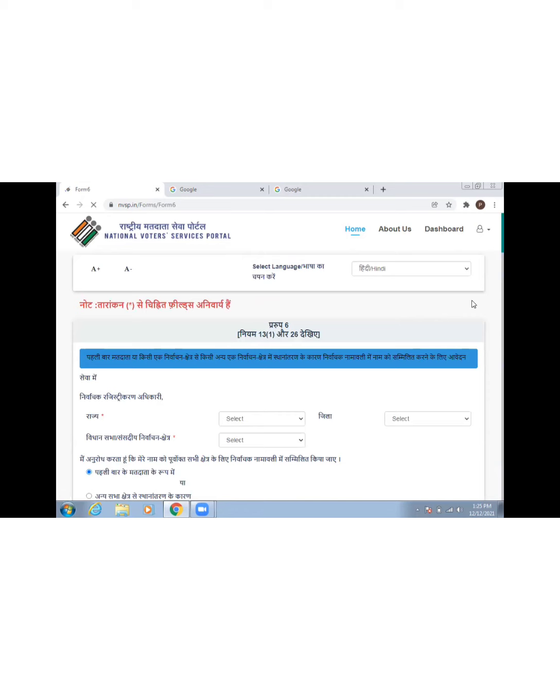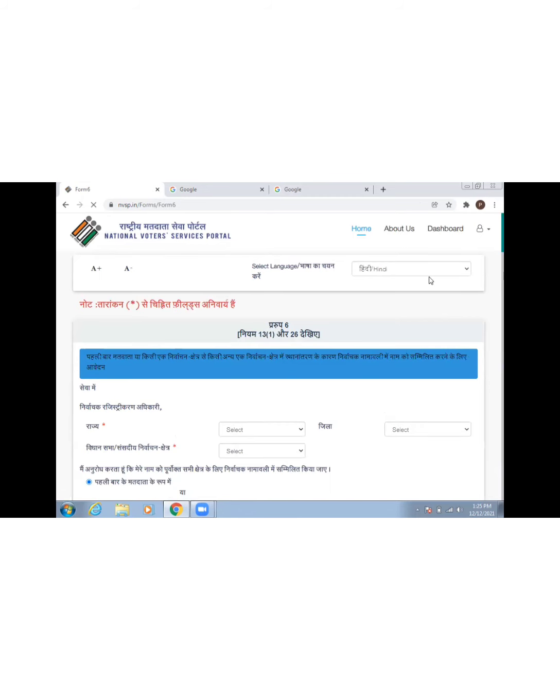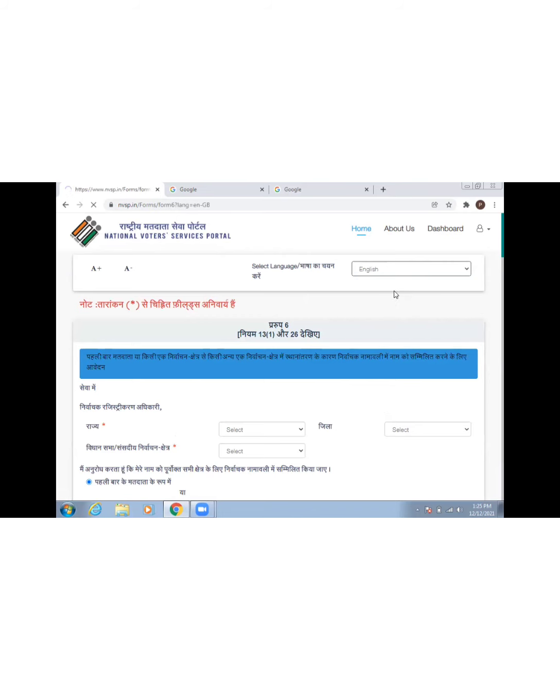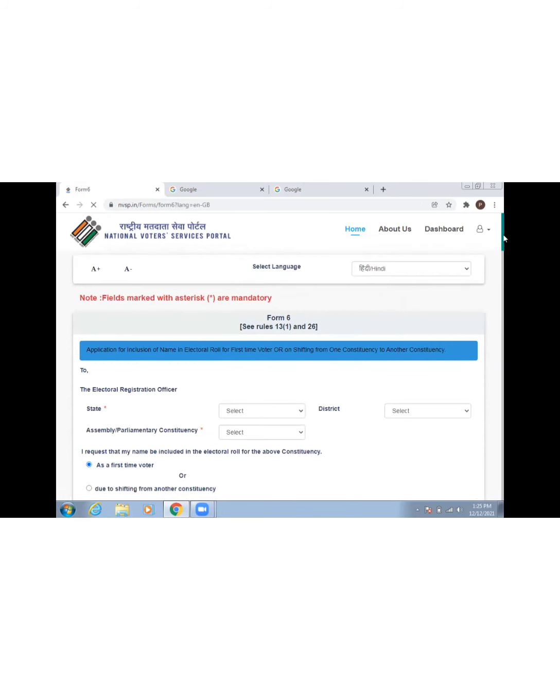This form will get generated and you can select the language you prefer to use. We'll select English. Select English and the whole form translates itself into English.